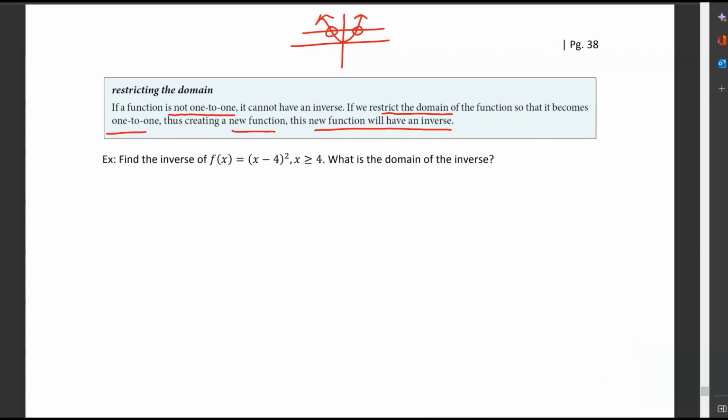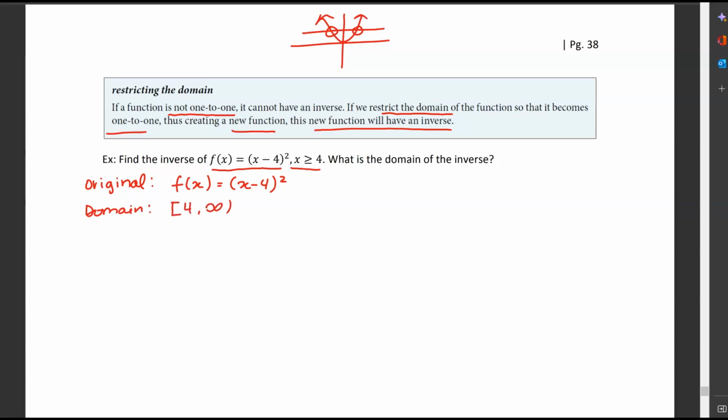Sorry about that. All right, so let's find the inverse of the function f of x equals (x minus 4) squared, for x greater than or equal to 4. So what is the domain of the inverse? So let's break this up. Our original function is f of x equals (x minus 4) squared. Notice that we are restricting it for x greater than or equal to 4. So our domain here is going to be x greater than or equal to 4. So we're going to write that as